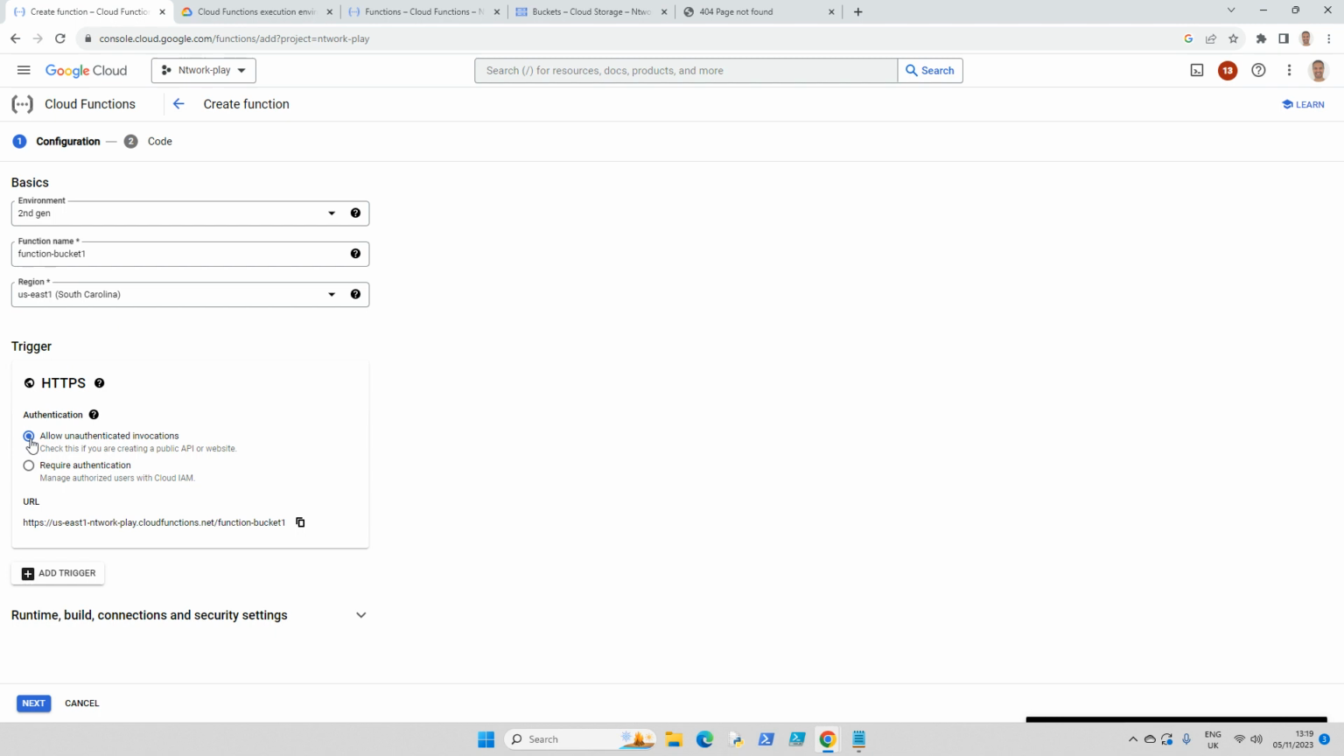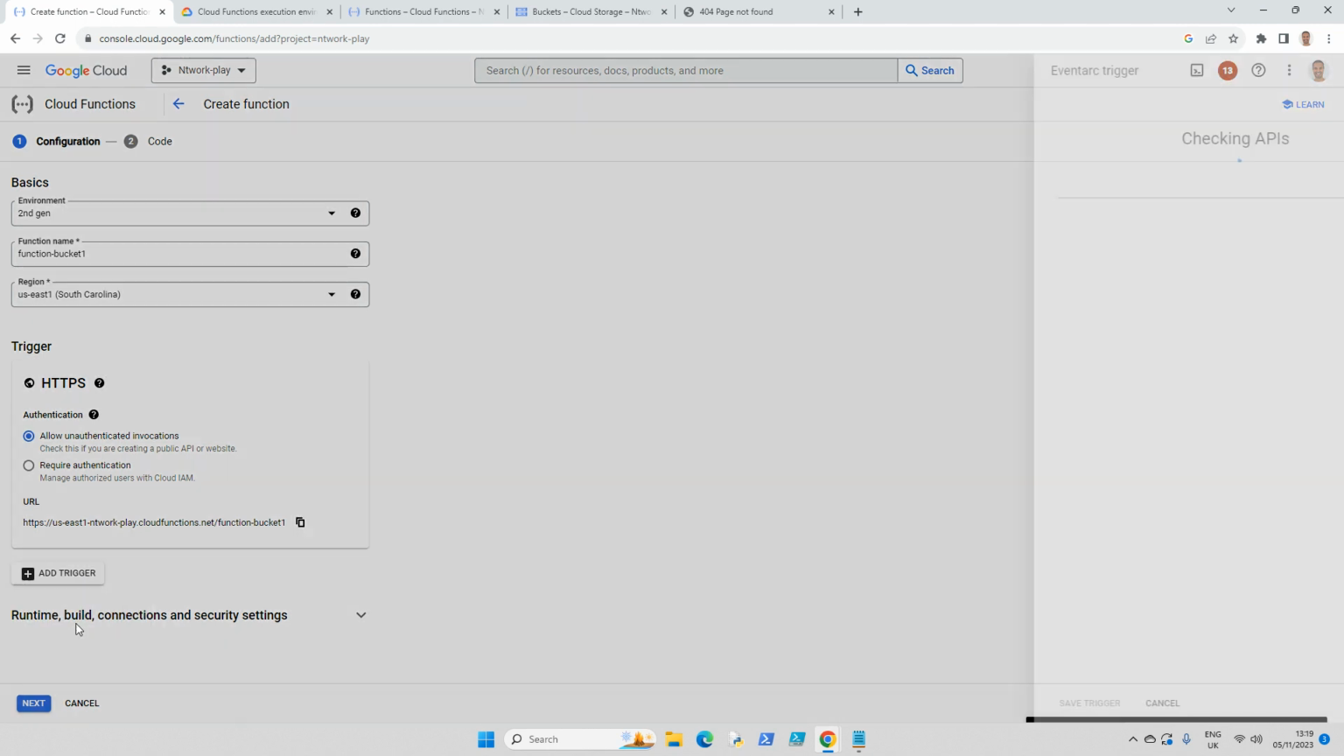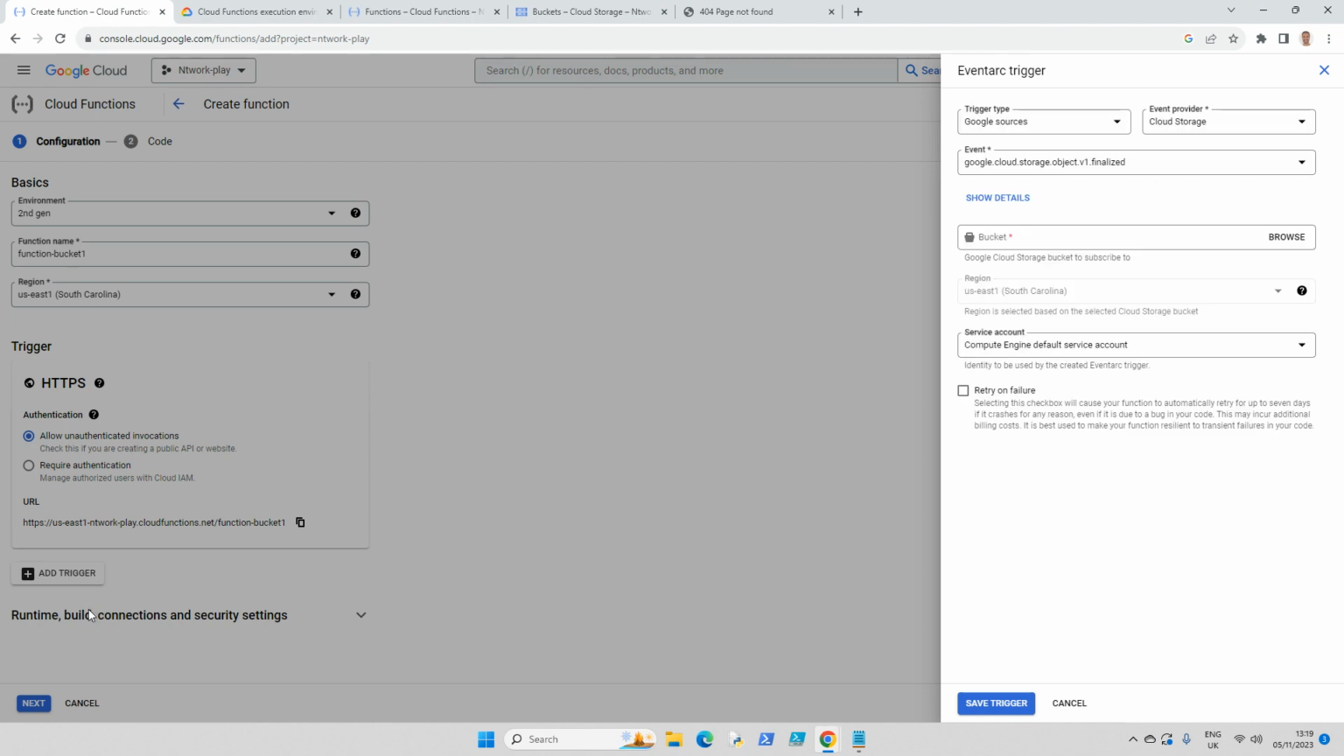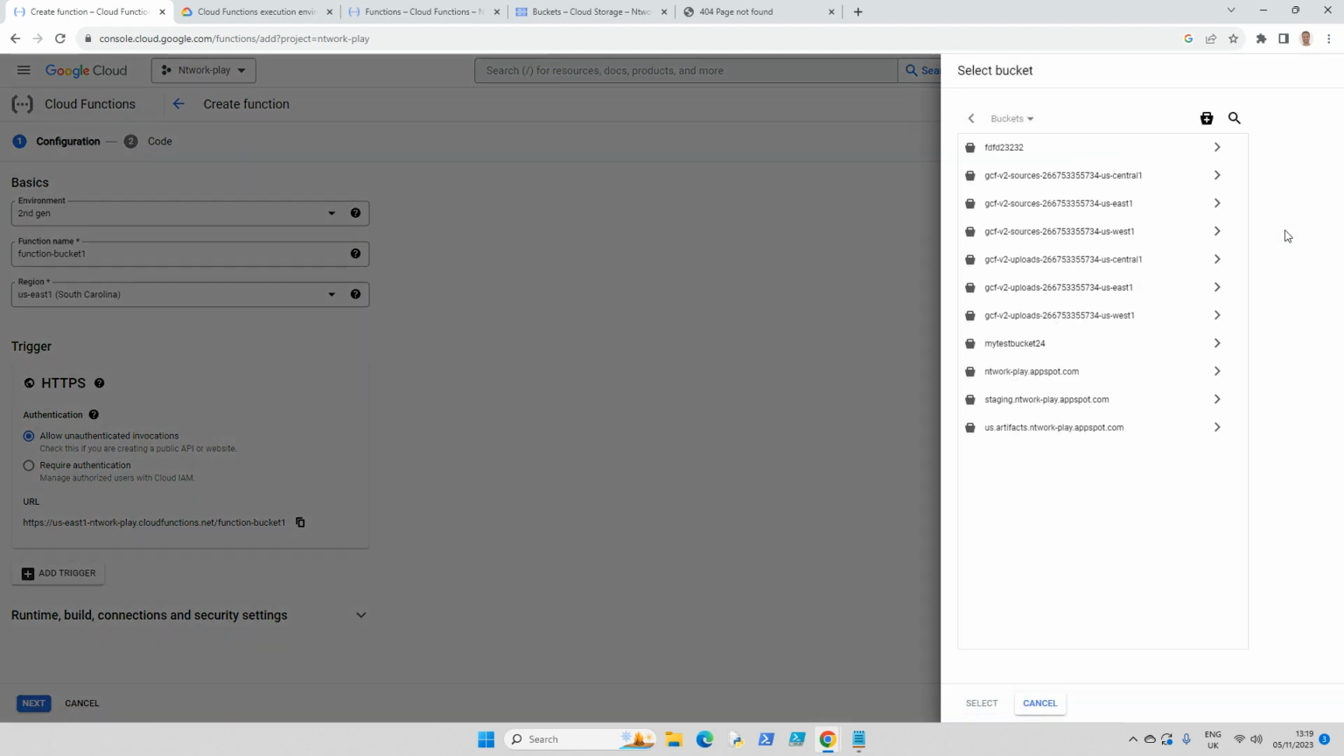Allow unauthenticated invocations like that. And now I'm going to add a trigger. Here I'm going to pick the Cloud Storage trigger, and basically that means anything which happens to a bucket within Google Cloud is logged in the logs, any activity which has happened on a particular bucket. So there's my Google services, Google Storage,